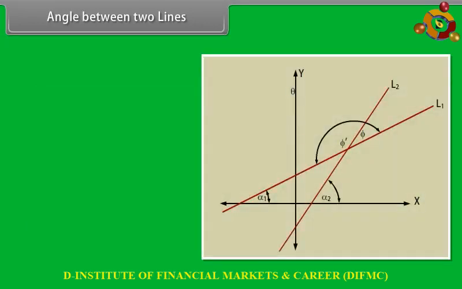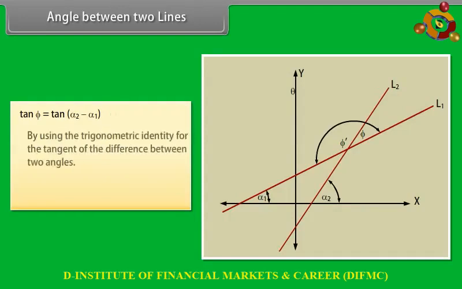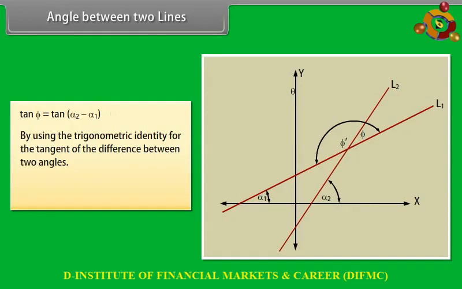From the slopes of lines L1 and L2, tan phi is equal to tan of (alpha 2 minus alpha 1), by using the trigonometric identity for the tangent of the difference between two angles. Tan phi is equal to (tan alpha 2 minus tan alpha 1)